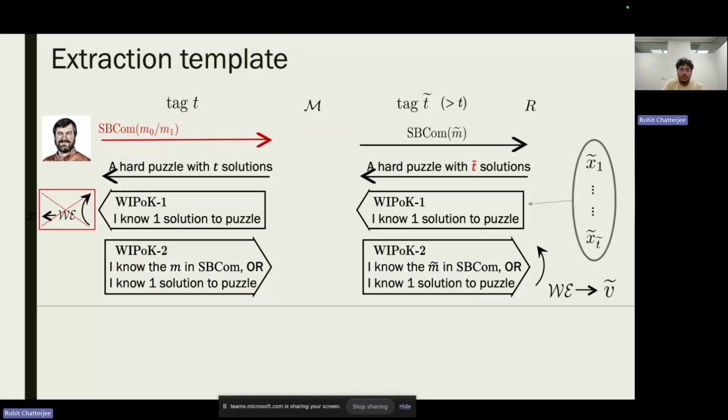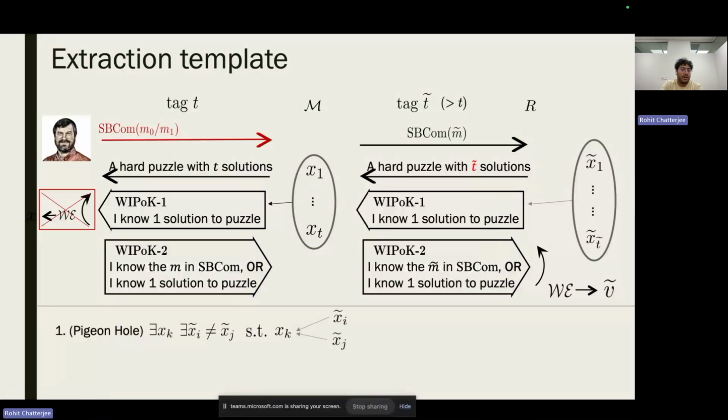So now I am going to exploit the fact that this T tilde on the right is larger than T on the left. So the solutions that are usable in Vipok-1 are x1 tilde to x3 tilde, let's say. And this is one set. The solutions I can use on the left are a smaller set. And now there's some pigeonhole kind of phenomenon that's going on,